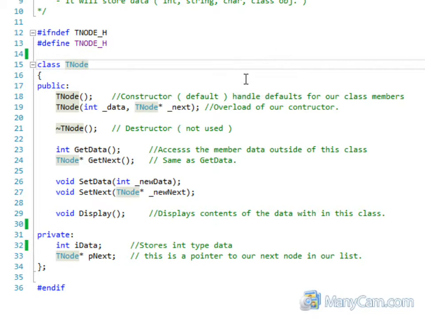So for this tutorial, we're going to develop a little software. It's going to be console based, and we're going to be using our list that we just created. We're going to have a main menu, and several things that we can do in this program. The first thing is that